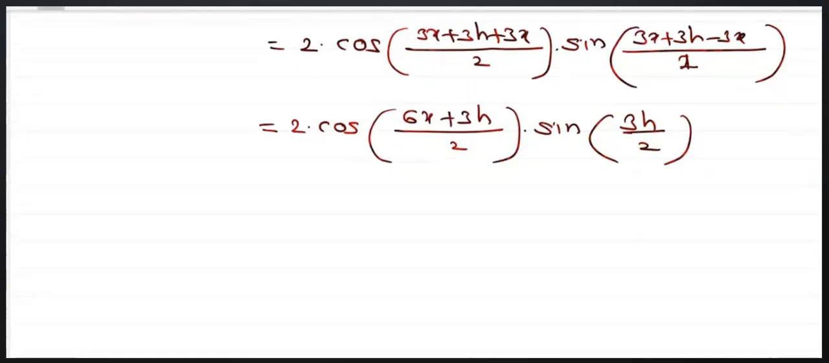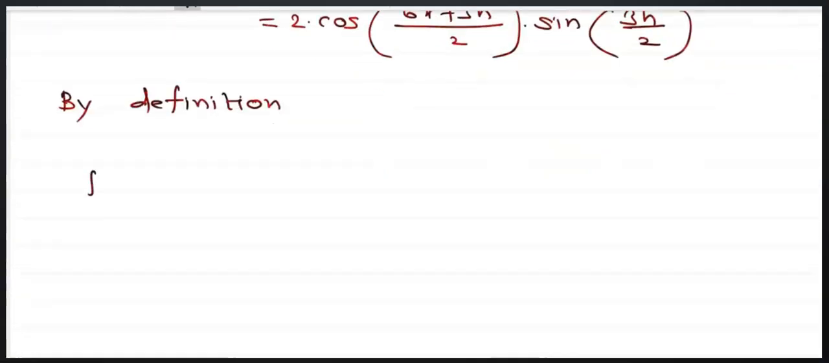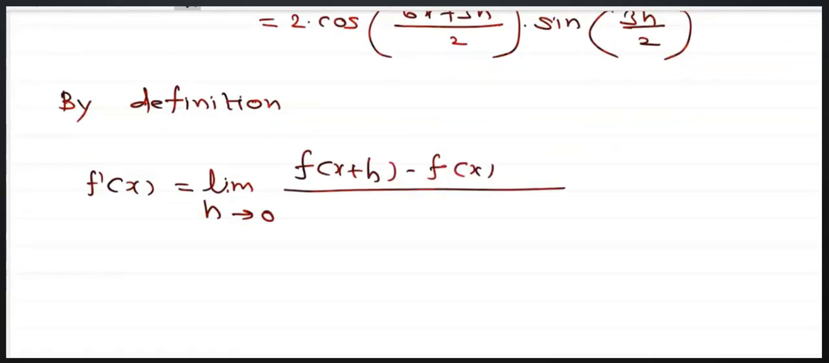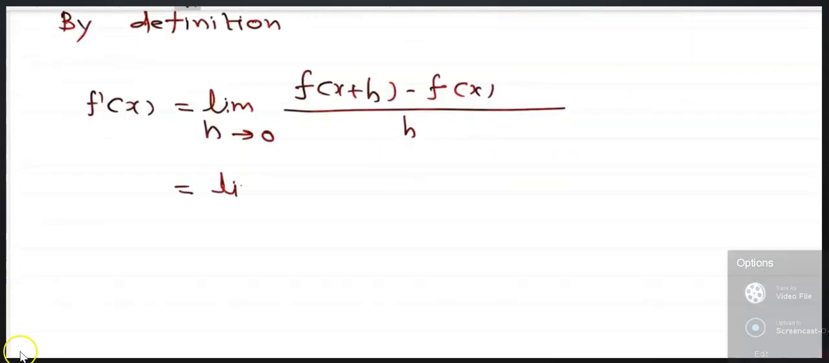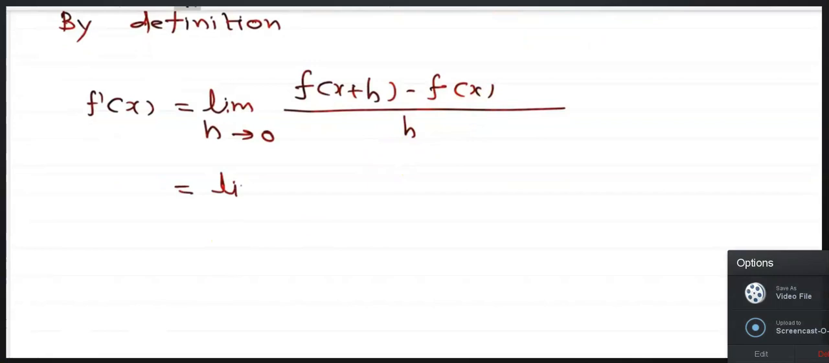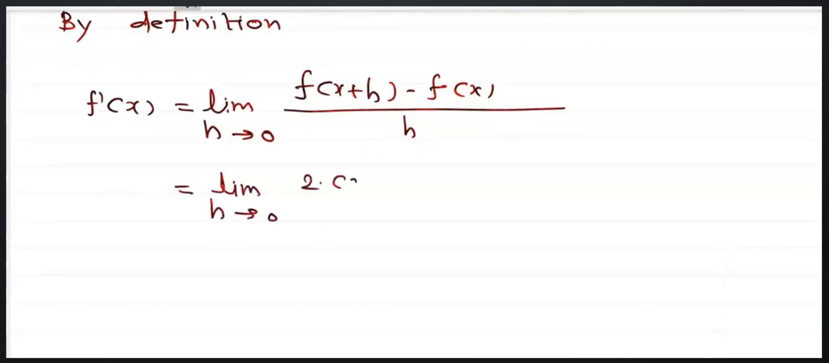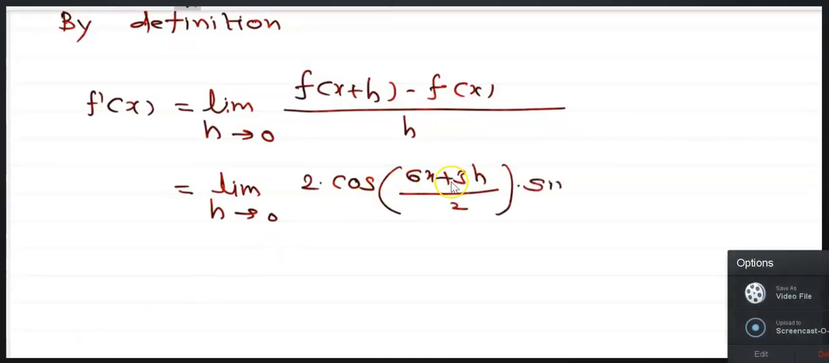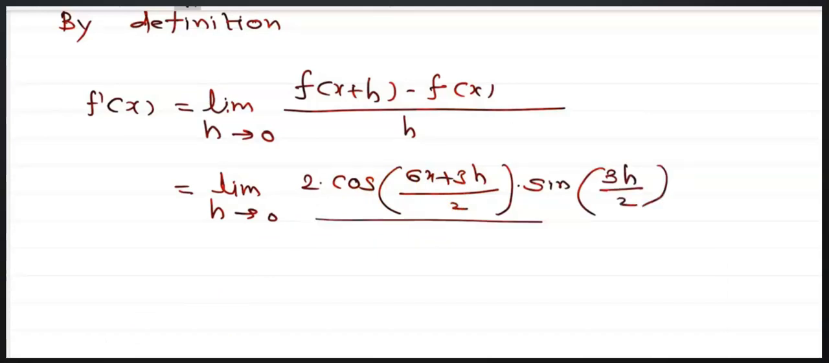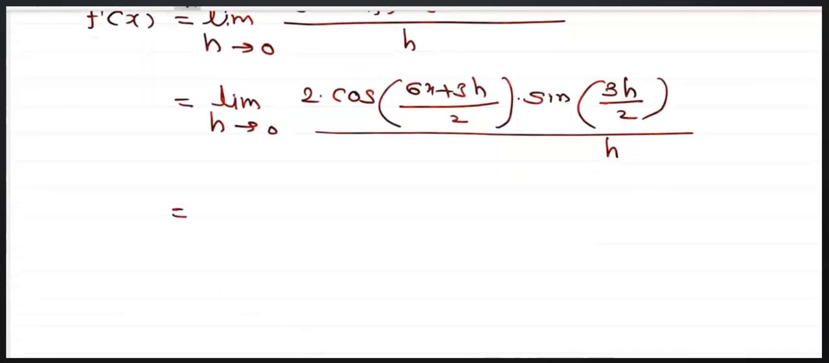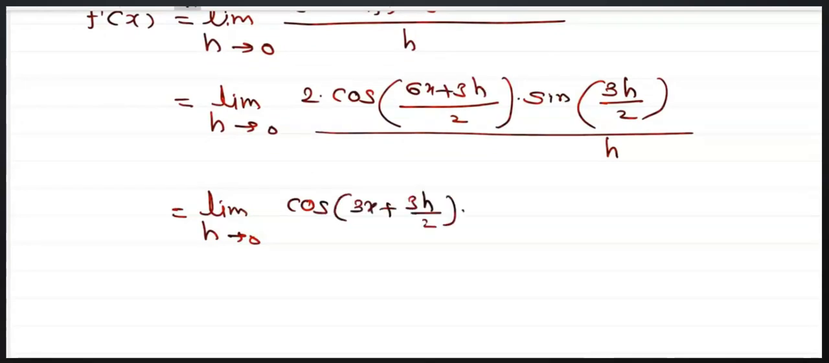Therefore, by definition of the first principle, f dash of x is equals to limit h tends to 0, f of x plus h minus f of x upon h. H tends to 0. Now we will substitute those values. That is 2 times cos of (6x plus 3h) upon 2 and sine of 3h upon 2 upon h. Therefore, limit h tends to 0, 2 times cos of (3x plus 3h upon 2), sine of 3h upon 2 upon,